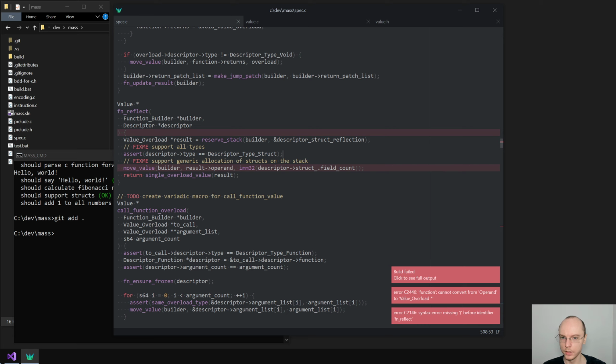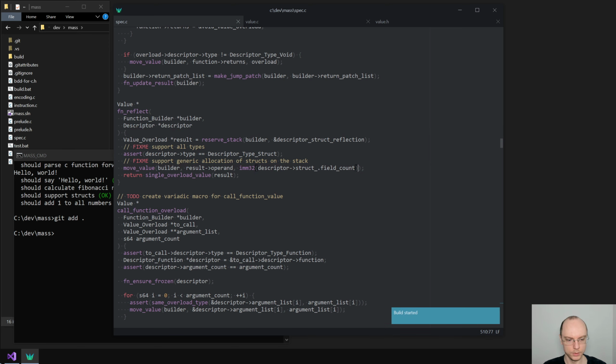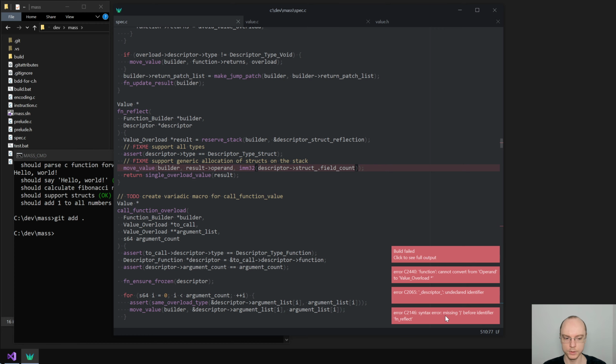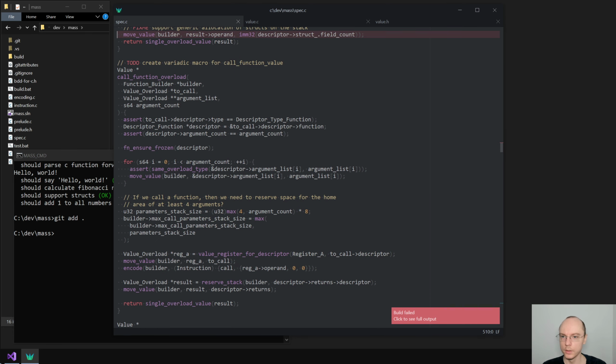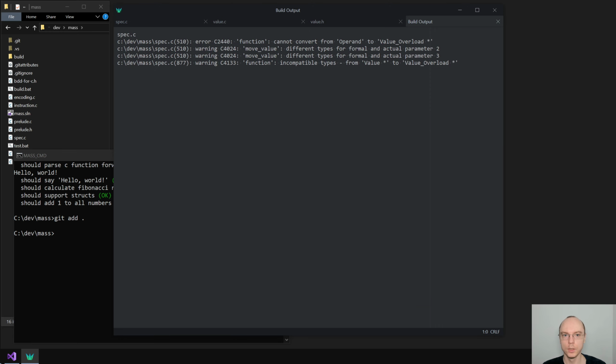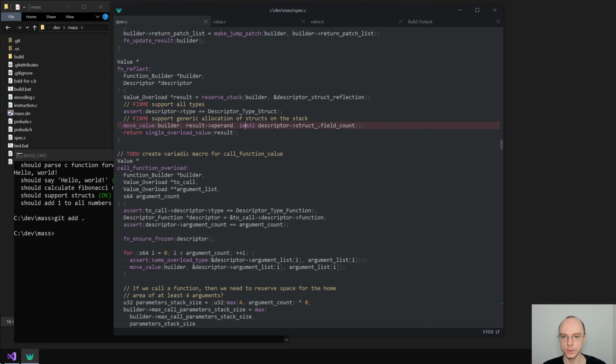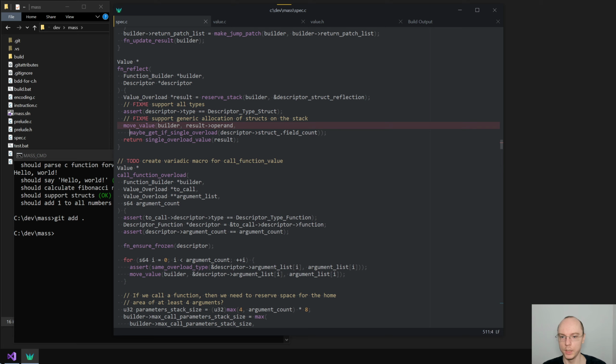Syntax missing. Did I miss a brace somewhere? Before identifier function reflect. Okay, something is really wrong with this macro. So let me just write this out manually, and then we will see what is wrong with this. Okay. Move value, cannot convert from operand to value overload star. I guess our move value now expects overload, so we just do maybe get if single overload and put here